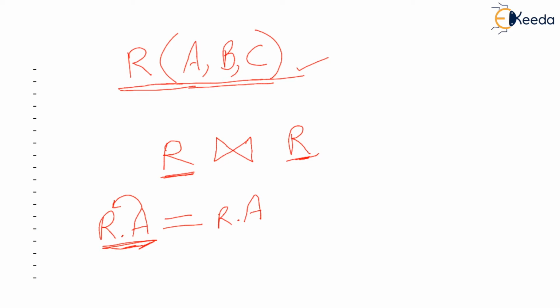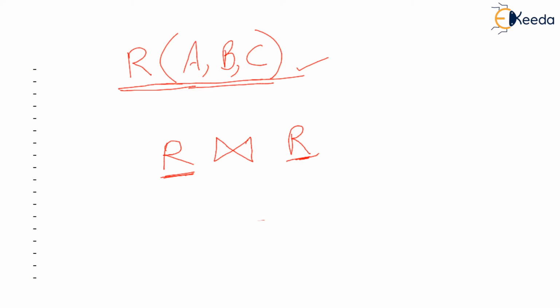So obviously we will be writing the comparison as R dot A, but look, this won't be understood because R dot A is anyway equal to R dot A. It can't distinguish whether this R dot A is left hand side A and this R dot A is right hand side A. Isn't it? Because both these notations look absolutely similar. How will you be able to compare the value of A of both these R's on left and right?